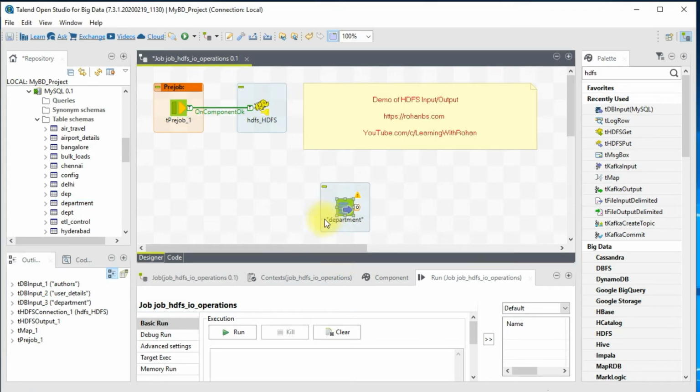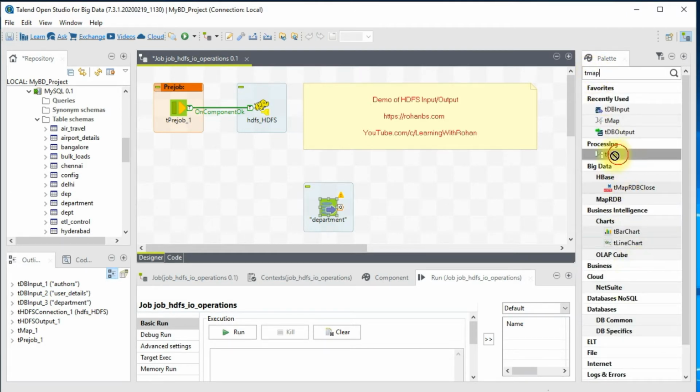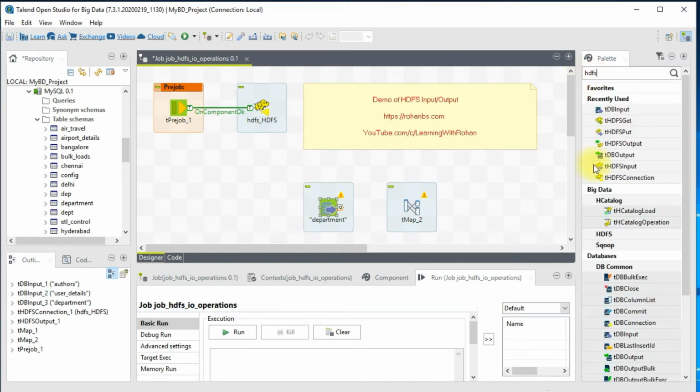So this is going to be my input for this data, and from the palette window I'll use tMap, wherein I'll introduce some small expression, and as a target I will be using HDFS output. This is the HDFS input, and we similarly have HDFS output.